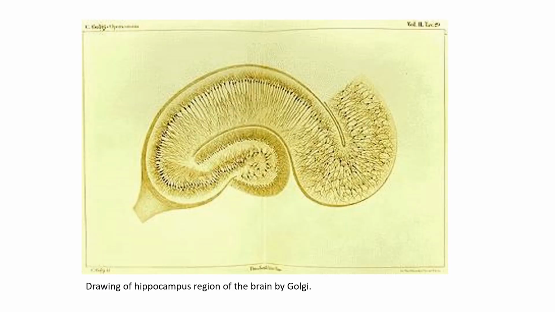And with that, it became possible to obtain images like this. This is the drawing of the hippocampus based on an image that Golgi was able to see under the microscope. And now for the first time, one could see within the brain regions what kind of connections there might be. So all these fibers, now we know these are axons of neurons. Although at that time it was not clear to them what they were seeing, at least they could see these fibers as parts of the brain.